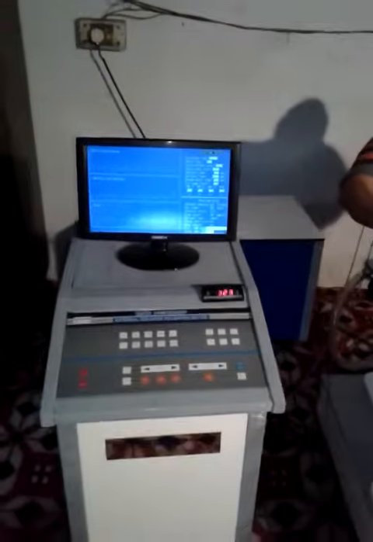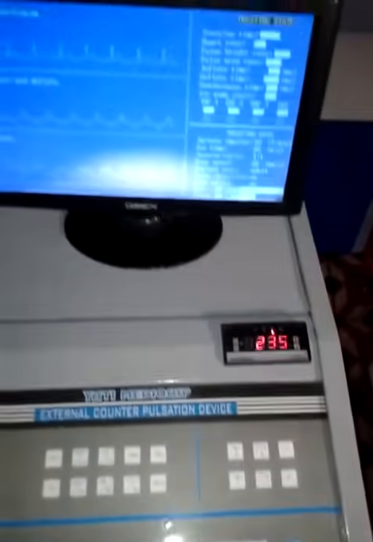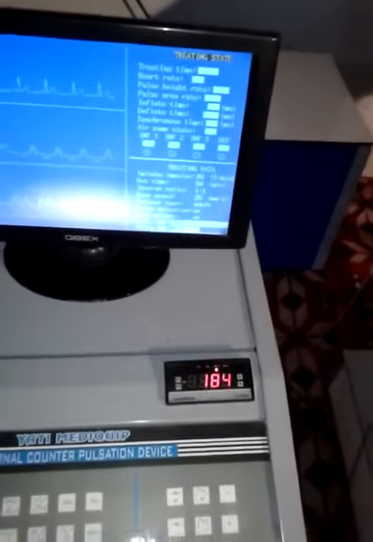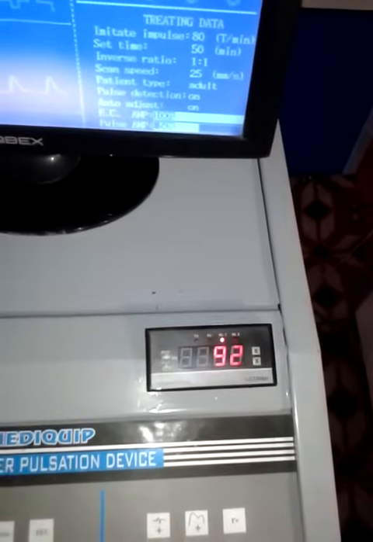To finish off the treatment, first you have to switch off the pump. Wait for the pressure to come to near about 0. Wait for a few seconds.